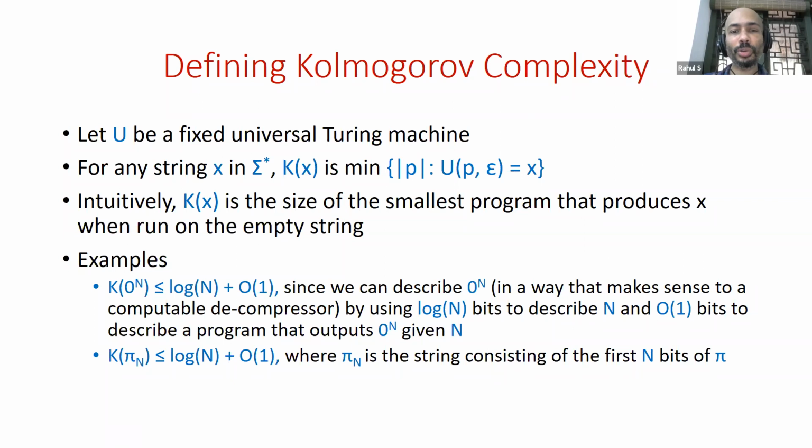So pi is a computable constant in the sense that it can be approximated to any desired level of accuracy by a Turing machine. So you can specify with a constant amount of information the code of a Turing machine which computes pi to any desired level of accuracy. And then by specifying n with log n bits, you're specifying how many bits of accuracy you need. You're able to get the first n bits of pi and output them. And so you get the same upper bound for the Kolmogorov complexity of pi sub n as we do for 0 to the n. So this is nice.